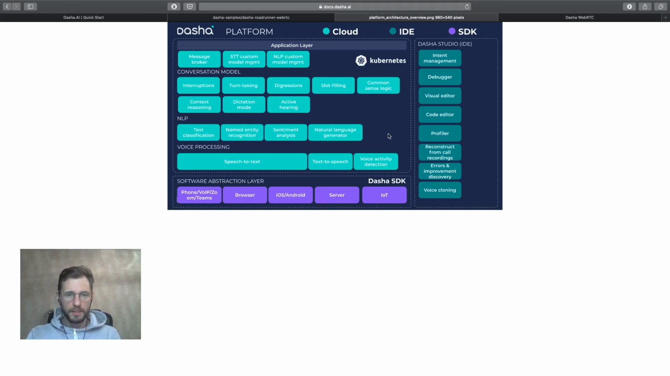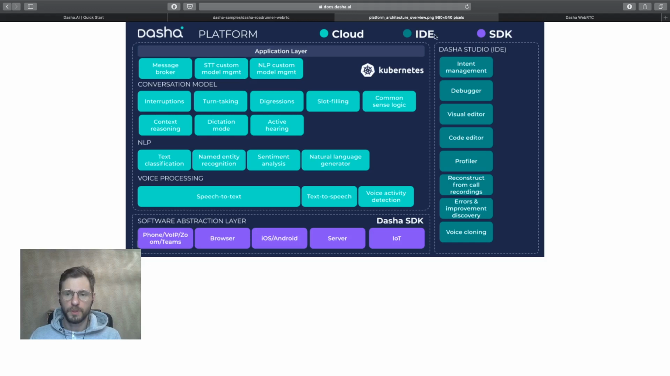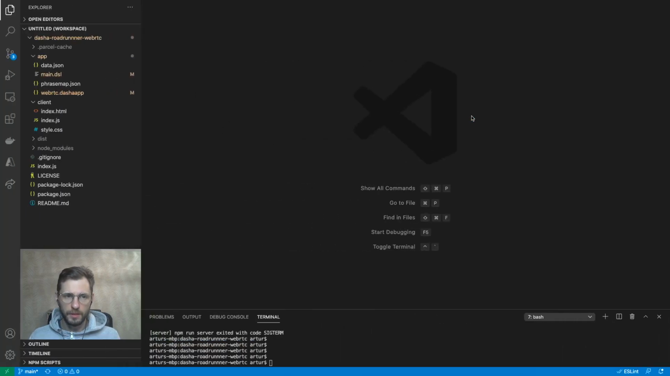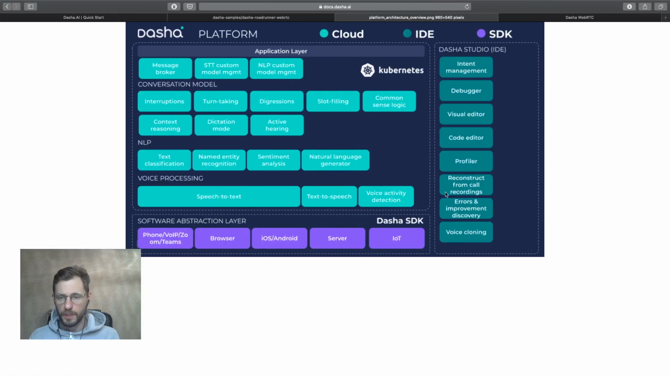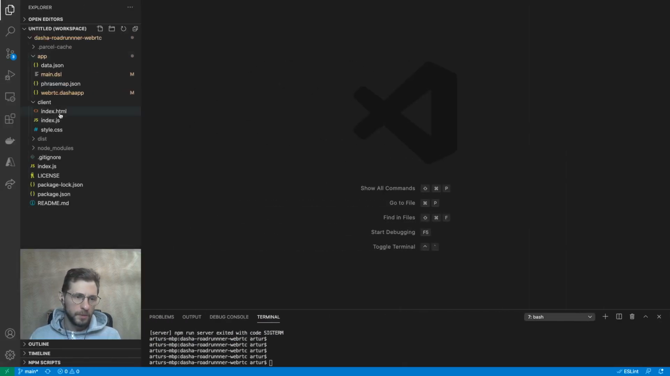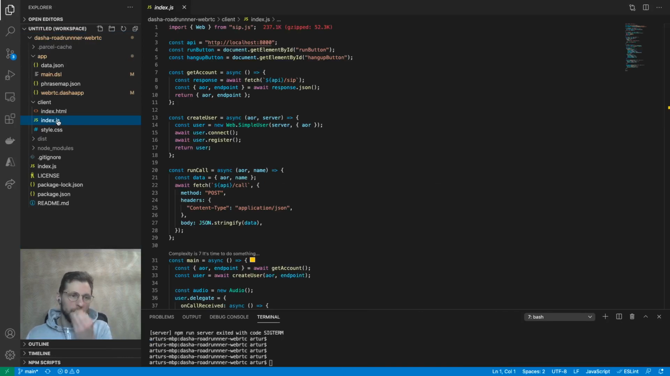So here is the Dasha platform architecture at a glance. What we've got here is Dasha Studio, and that's exactly what we're looking at. Dasha Studio is where you create your conversation. And then the Dasha Software Development Kit, which abstracts the API, you also work with within your Visual Studio Code. The Dasha SDK gets imported into the